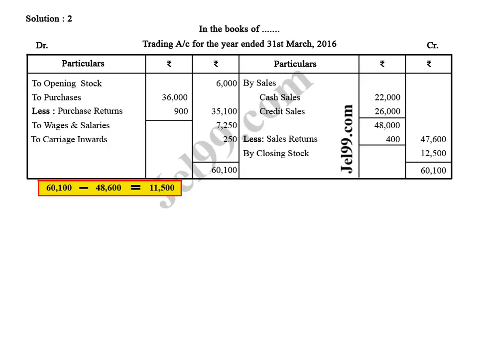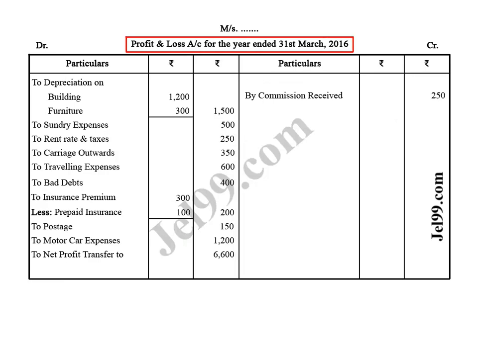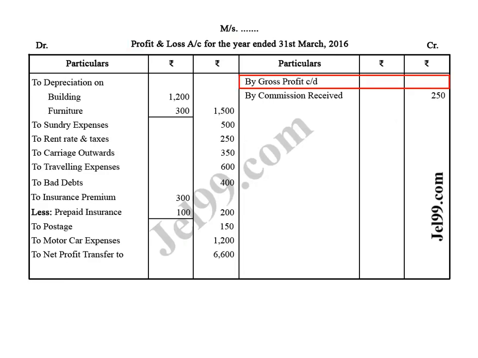This is gross profit, and it is recorded on debit side as to gross profit carried down of rupees 11,500, and this profit is transferred to profit and loss account, credit side as by gross profit carried down of rupees